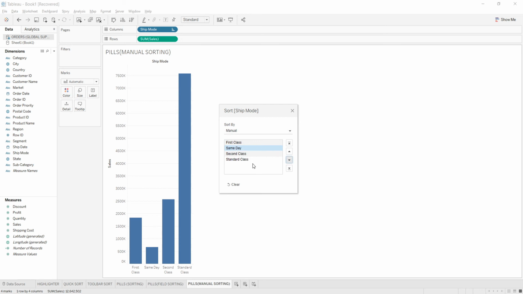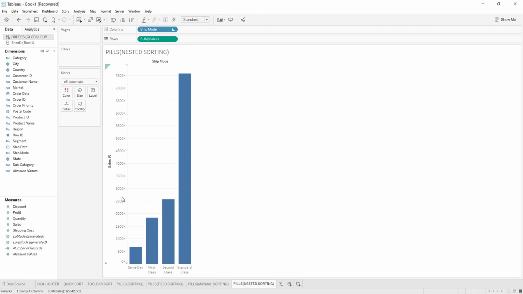And in this question, we need to keep same day at the first place because it has the least sales value. So I will be clicking on same day and clicking on the move up option. So same day would be coming first and the rest would be coming in the other manner. For this type of sorting, we'll not be getting the option for ascending and descending. We have to choose all these things from this up and down button, and that is called manual sort.